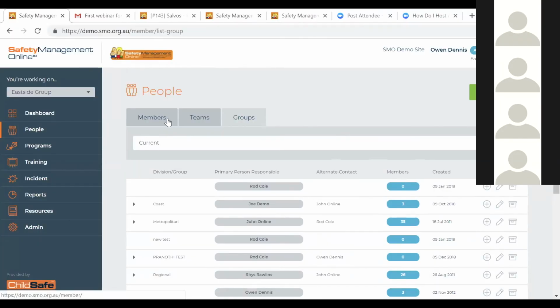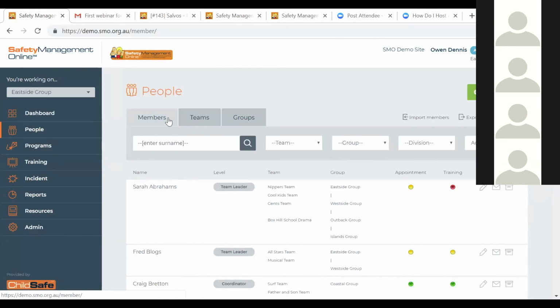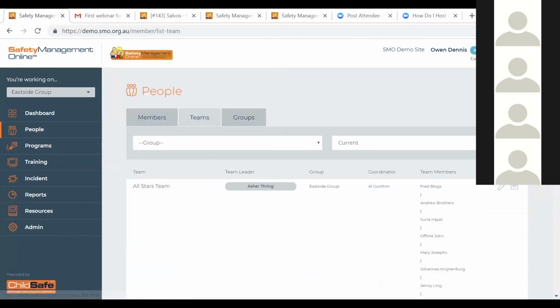Okay, I'll now go back to the demo again. The people function again. So we have teams, we have members, we have teams. We can add teams by clicking on this right-hand side button which says add teams. We can add groups